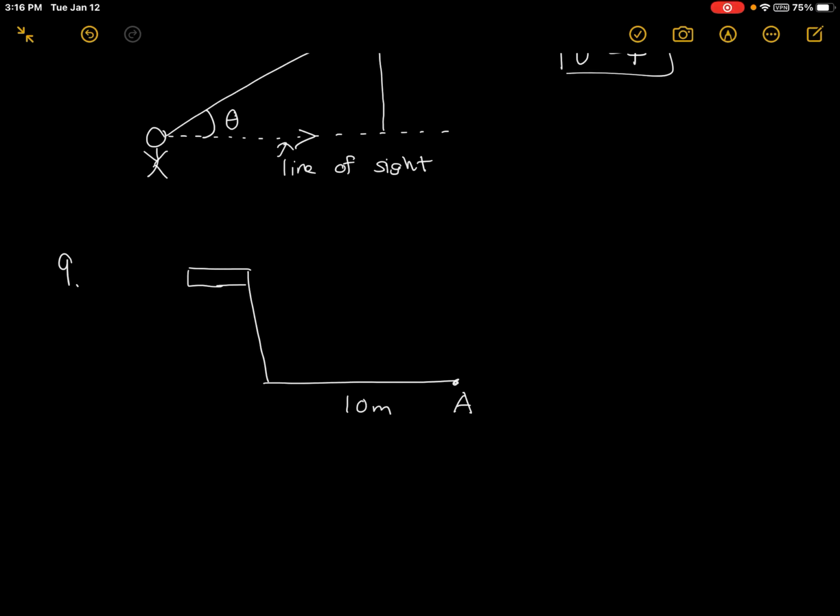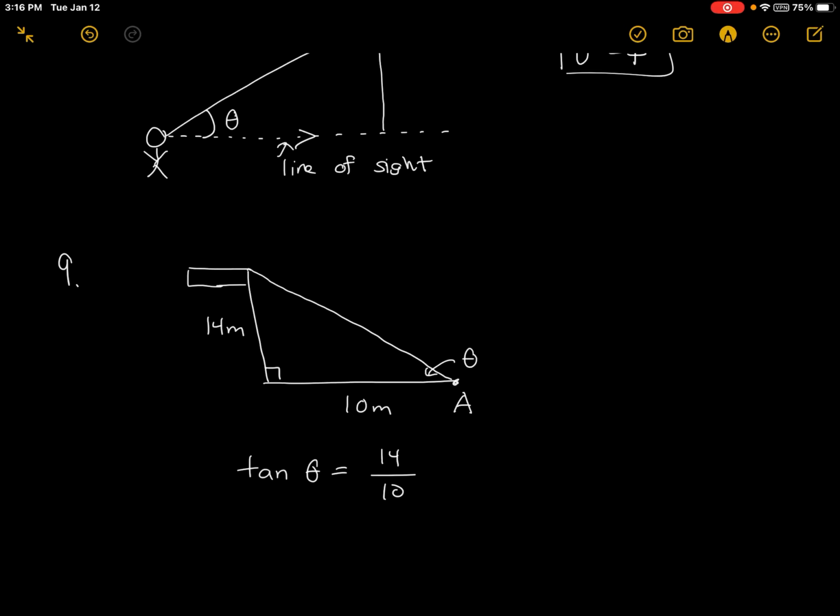It says find the angle of elevation from point A to the top of the flagpole. Okay, so this will be the top of the flagpole, and the question is, what is this angle right here? Theta. And so the flagpole itself is 14 meters. Once you have the picture drawn correctly, again, this is a right triangle because we're going to assume that flagpole is straight. You're just going to use your tangent ratio. You would say tangent of theta is equal to opposite over adjacent,